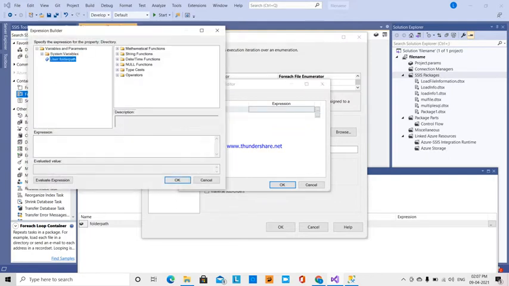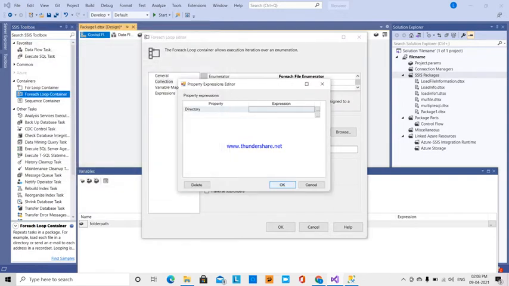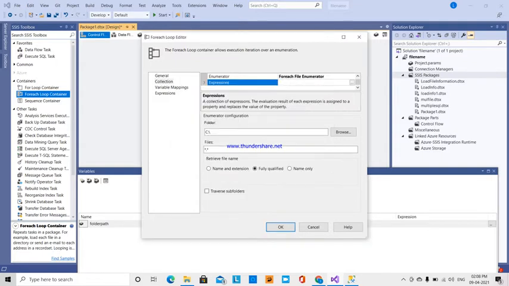This means the file iteration has to go to that particular output folder path and get those SQL files.